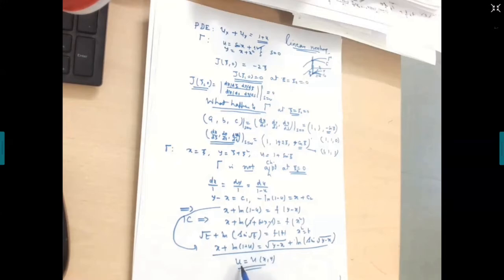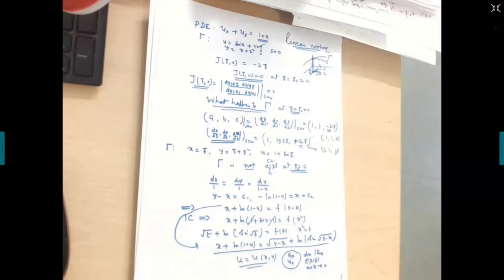What I say is that you get a solution u is equal to u of x, y. Now please check whether u_x and u_y exist. They exist as x goes to 0 from right, and you will find that they do not exist. Means the solution exists, but it is not of class C1.